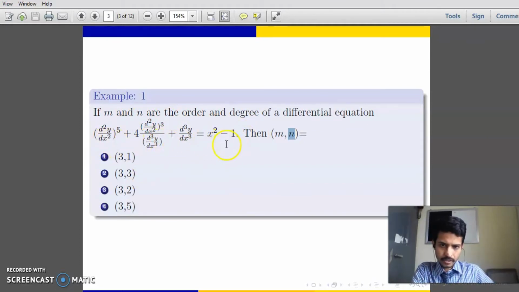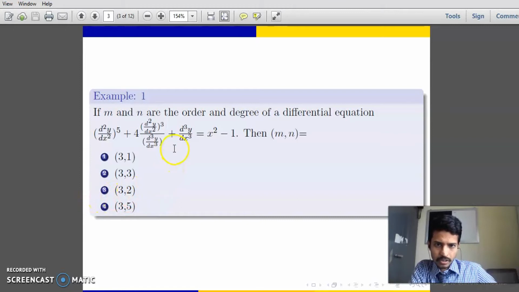If you observe the differential equation, the highest order of a derivative is 3. The highest order derivative is 3. So therefore, here if you see the options, each option includes the order as 3. If suppose they give an order other than 3, you directly eliminate that option from the picture.